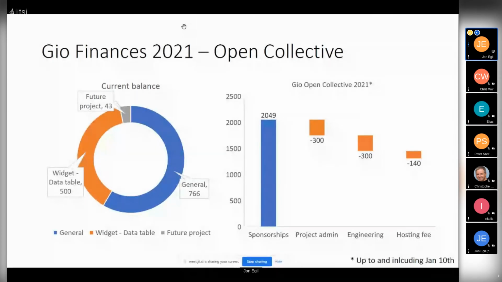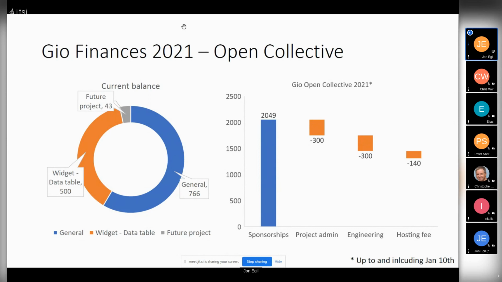So as you know, we started using Open Collective as the financial platform for Gio in the middle of last year. It's not the only platform where Gio-related revenue is passed through. I know that there are some sponsorships that started out on GitHub, and they may or may not continue.